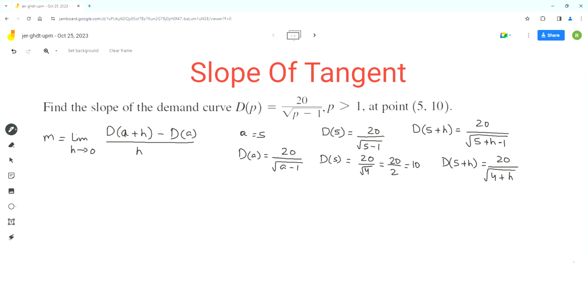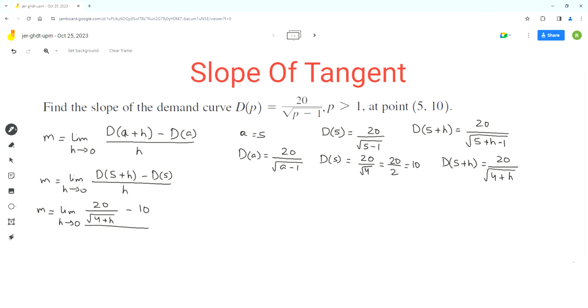Now we can sub in these expression values in the limit formula. So m equals limit h approaches 0. So we know a is 5, so D at 5 plus h minus D at 5 over h. And we know that D at 5 plus h can be written as 20 over square root of 4 plus h, minus D at 5, which is 10,